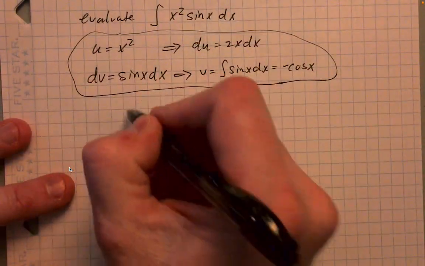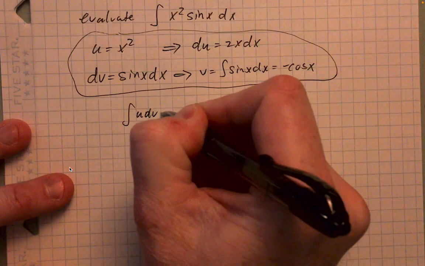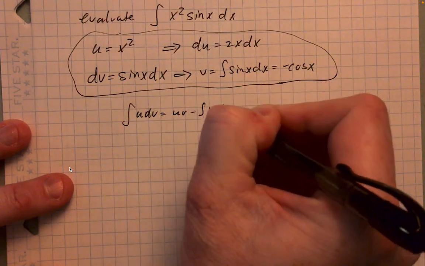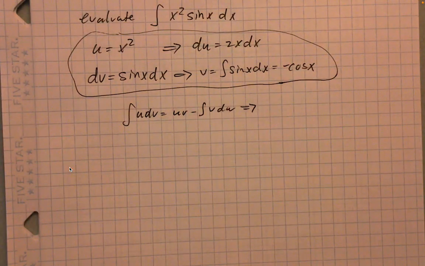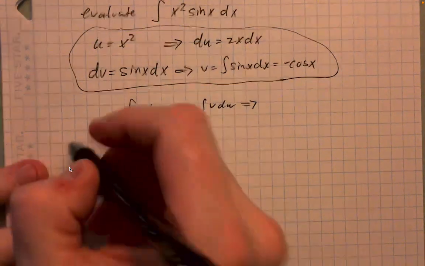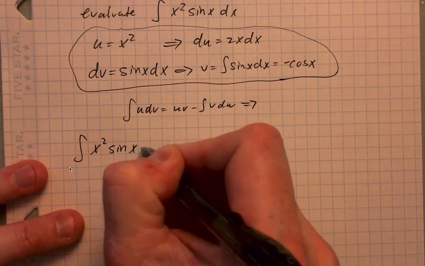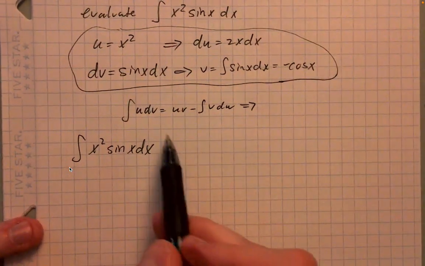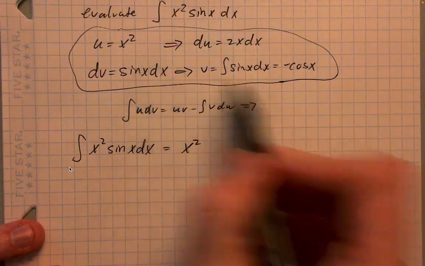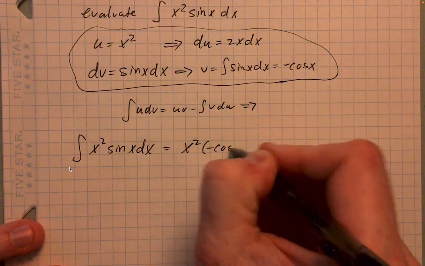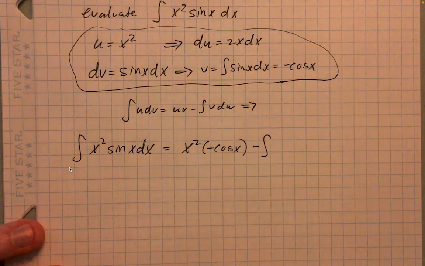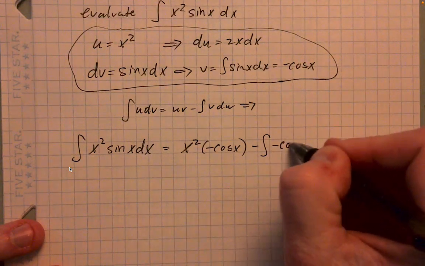And so then we're going to plug that into the integral of u dv equals uv minus the integral of v du, right? So just repeating that as many times as possible so that people get that drilled into your heads, right? So that means we've got the integral of x squared sine of x dx is equal to u times v, so that's x squared times negative cos x, minus the integral of v du, negative cos x